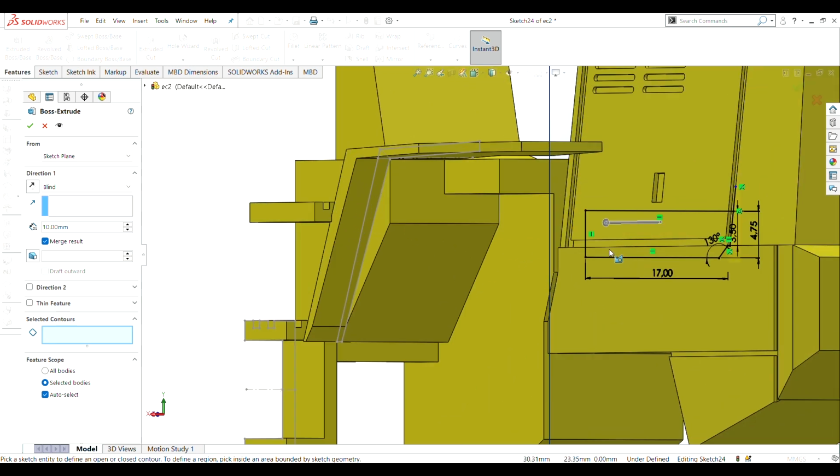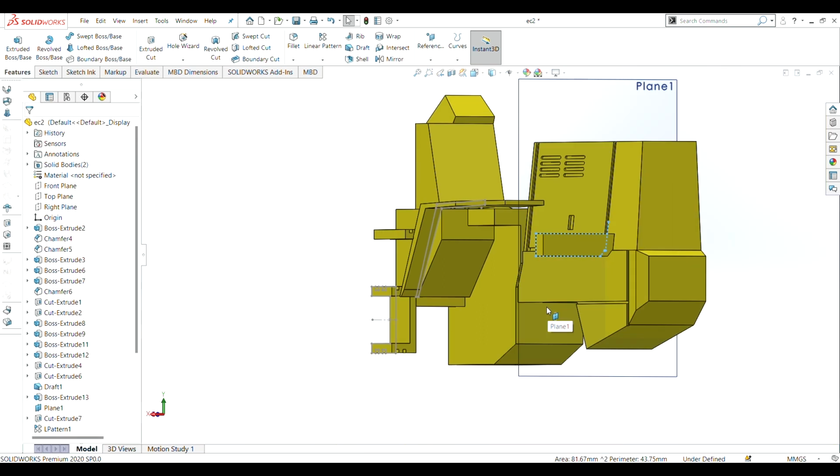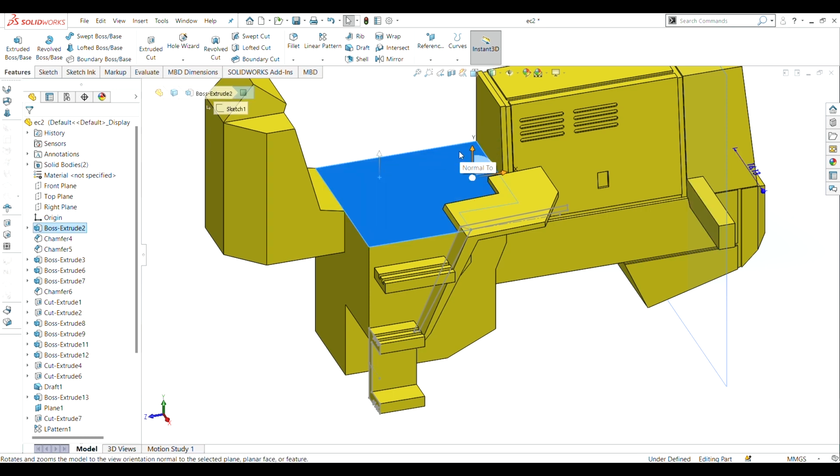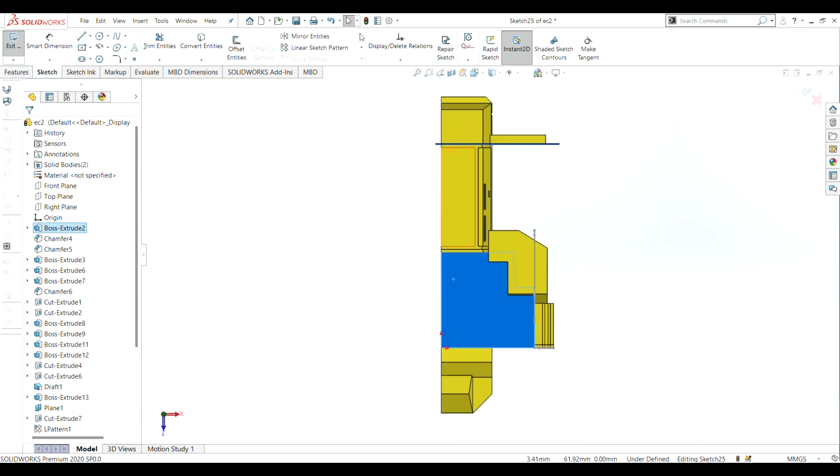Boss extrude. Make 3mm for this. Extrude boss,